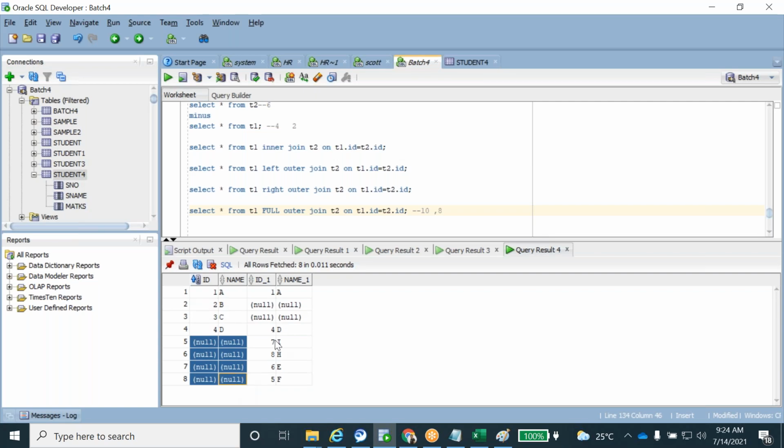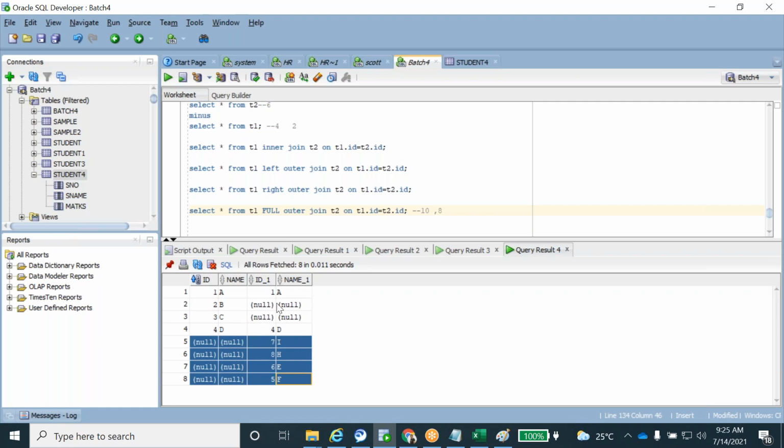So like that it will display the output. These two are the matching records, then these two are the left side unmatched records, and these 4 are the right side unmatched records. Total 8 records will come in the output.